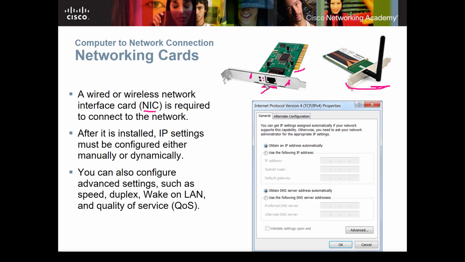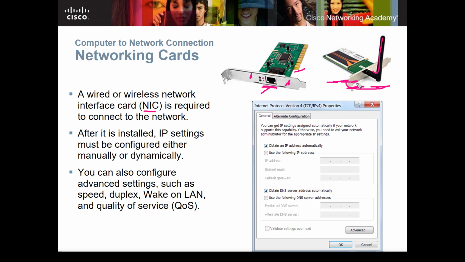You have your activity lights here that let you know that it's connected and that you're getting activity. This wireless card here has an antenna that comes up on it, and you're not going to see these as often, but there are occasions where you do use them. If you have a computer that you cannot get a wire to easily, or it's not a good location, or the wire's getting a lot of interference, you can put a wireless network card in, and then you can locate that computer somewhere where you don't have to run cable to it. Now, it's not going to be as fast a connection in some cases, and you may have interference, and there are a number of other issues, but it does solve some problems of not having to run a wire to that device.